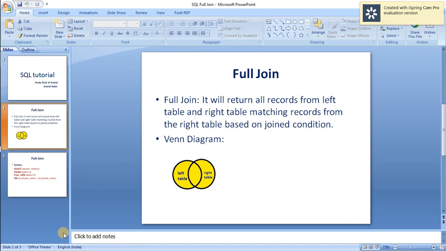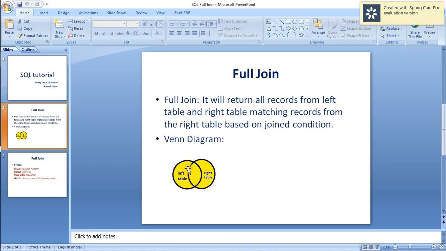Yeah, the full join will be the union of left outer join and the right outer join. So what does it mean? This means it will return all the records from the left table, the portion that I'm hovering over right now. So it should return all records from the left table as well as all records from the right table, and only the matching data will have an entry on either side, on the left side or the right side.